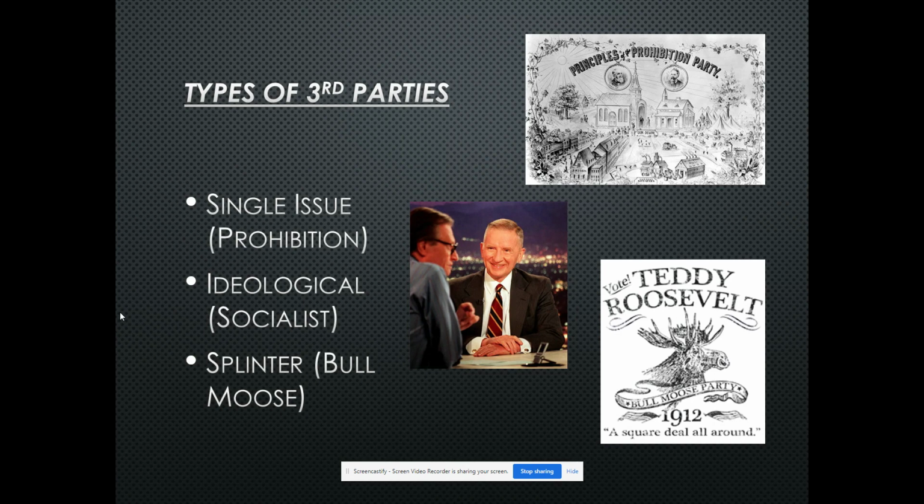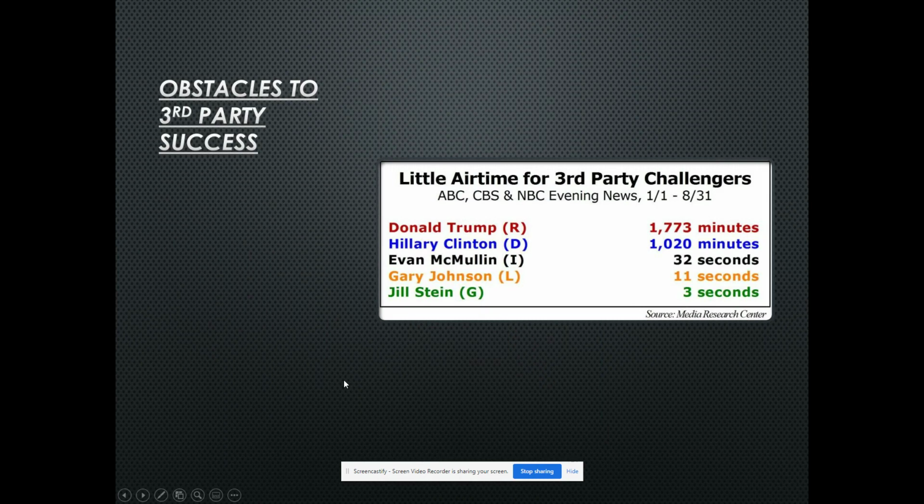I would certainly make the argument, no Bull Moose Party in 1912, I just don't see a path to victory for Democrat Woodrow Wilson, but the Republican Party split into two. And we'll cover that in just a moment. So why is it that third parties can't win? We always hear about Democrats and Republicans. Those are the ones that win. Why is it that these other ones can't?